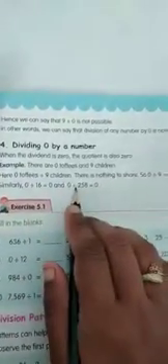There is nothing to share. So 0 divided by 9 equals 0. Similarly, 0 divided by 16 equals 0, and 0 divided by 258 equals 0. So these are the properties of division. How many properties have we discussed? We have discussed 4 properties.